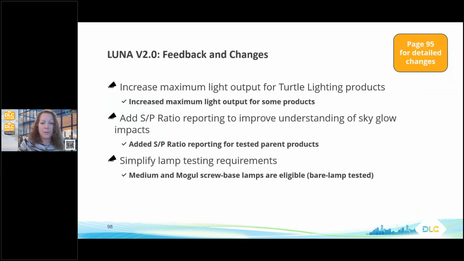So some of the feedback that we received that drove these changes are as follows. We heard that we should increase the maximum light output for turtle lighting products. As a result of this feedback, we have increased the maximum light output for some of the products, although not for bollards. We also heard from several commenters that we should add SP ratio reporting to improve understanding of